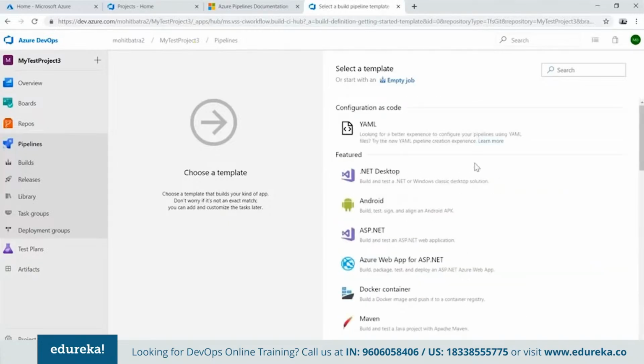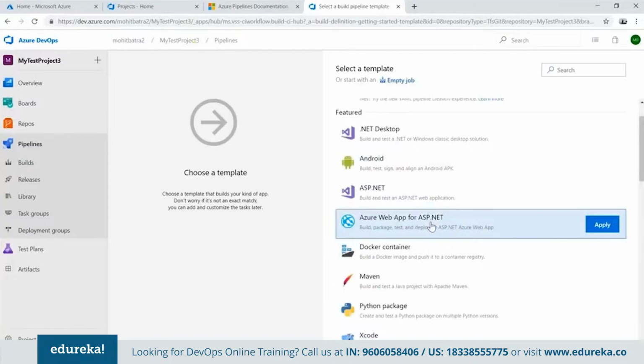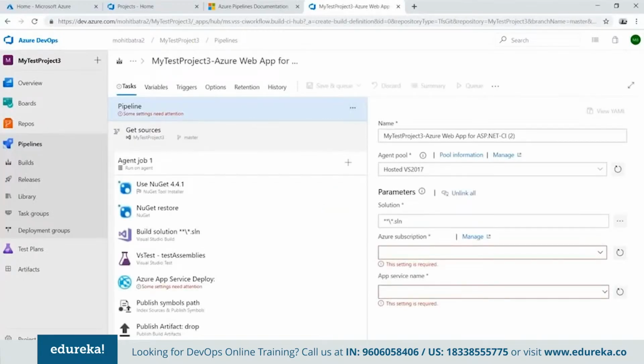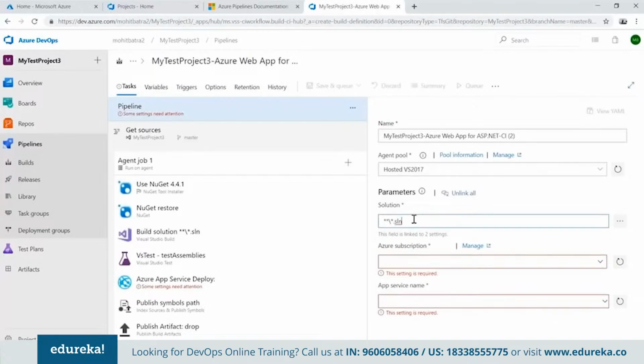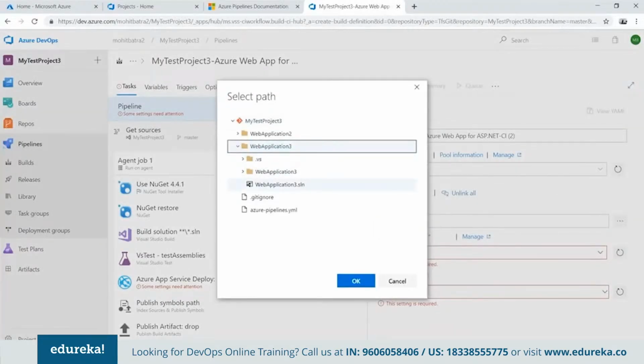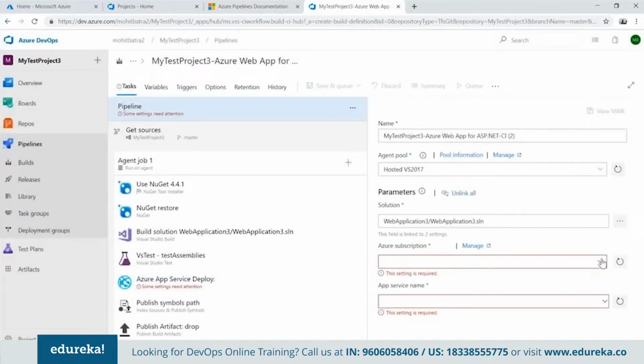Okay, so what I'm going to do right now is select a service in Azure. Basically, I want to deploy in this particular service called Azure Web Apps, and that is why I'm going to select this one to build my code. Now, if I have to build my code, what do I need to provide? I need to provide where my solution is. All right, so I'm going to click on this one and tell my build pipeline that it resides in web application 3. Okay, this is my new project that I picked up. I'm going to select this one and click on OK. Then finally provide the Azure subscription in which I want to deploy.